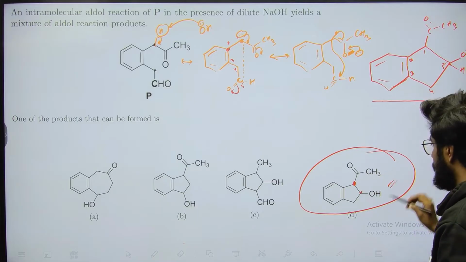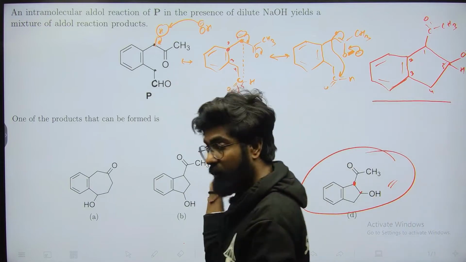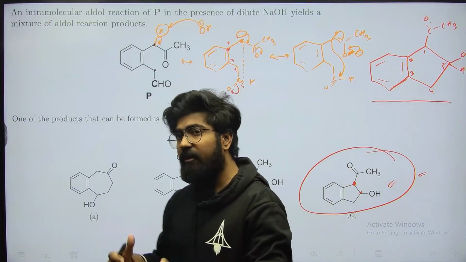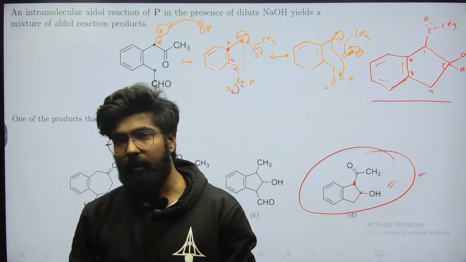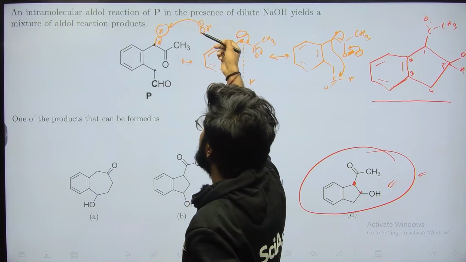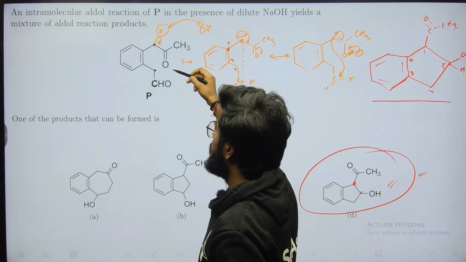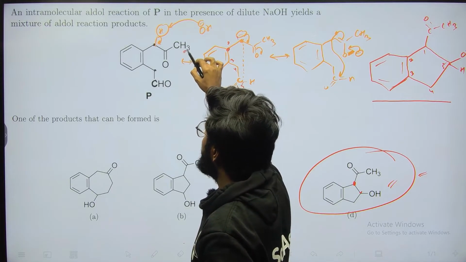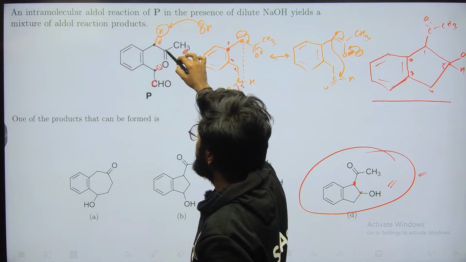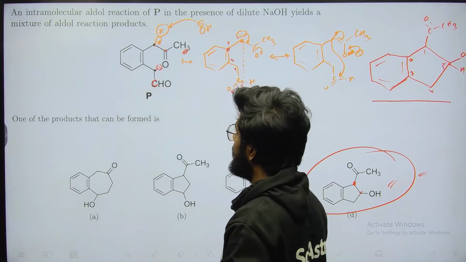So basically this is what you will get after doing aldol of this particular substrate. This is one of those products that they were asking. Likewise, if this kind of a question comes again in the exam, you may have so many confusions, like which alpha hydrogen we need to abstract first, and where to attack. So many possibilities, like this C minus can also attack here, and this C minus can also attack there. So many possibilities, I know, but you will follow the simple fundamentals step by step.